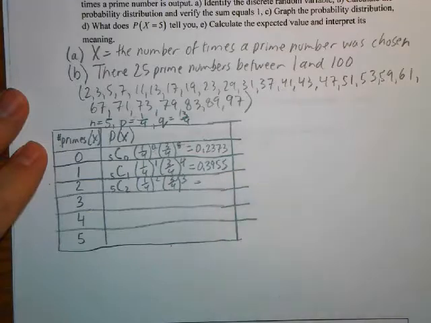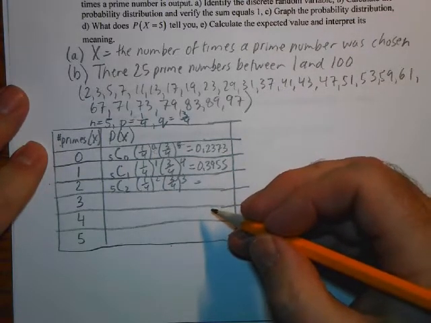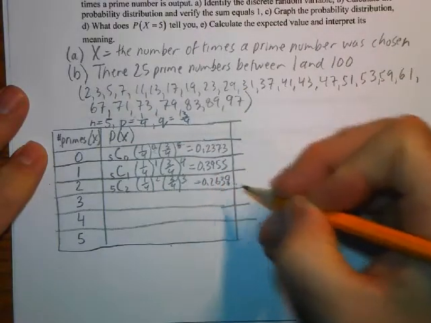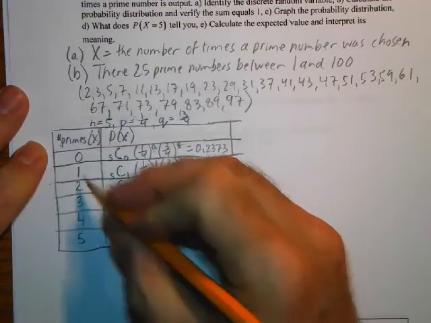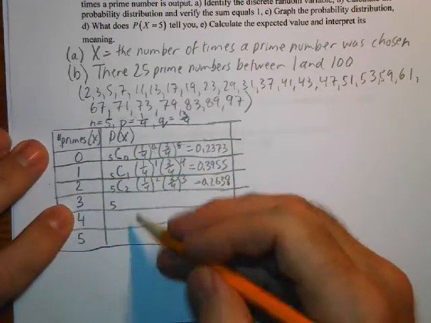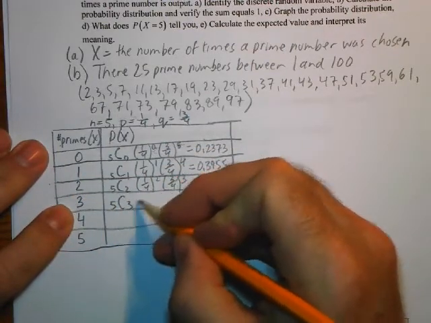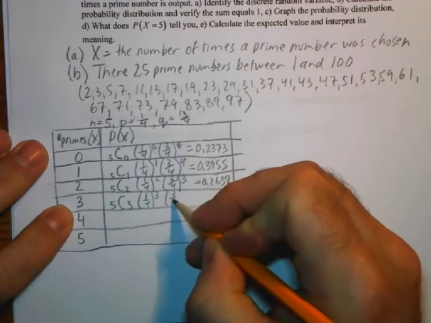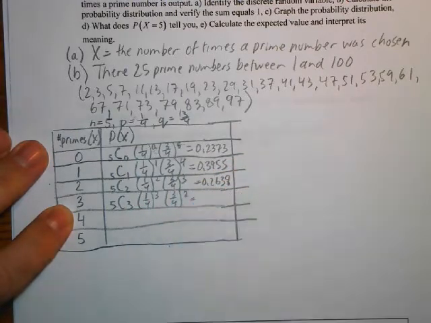That's equal to 0.2638. And then for finding 3 primes from the 5, that's 5 choose 3, 1/4 to the power 3, 3/4 to the power 2. That's equal to